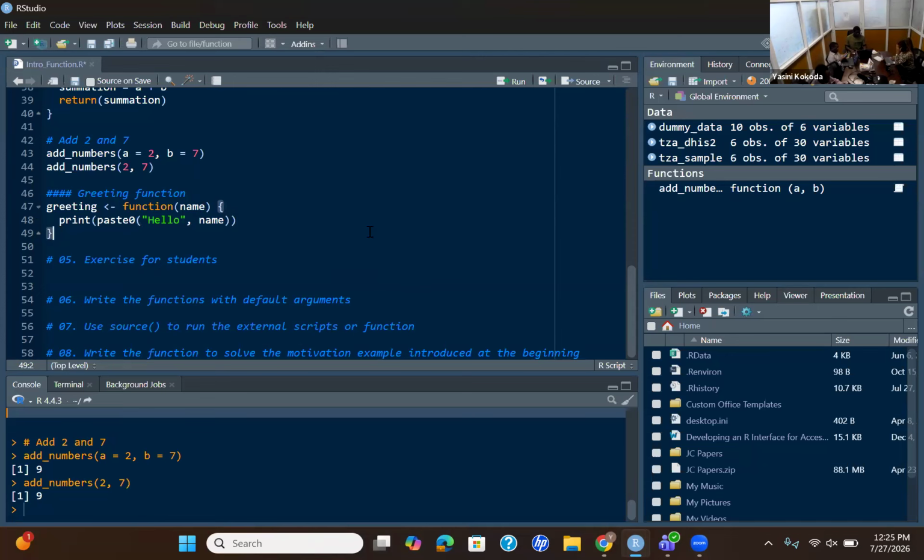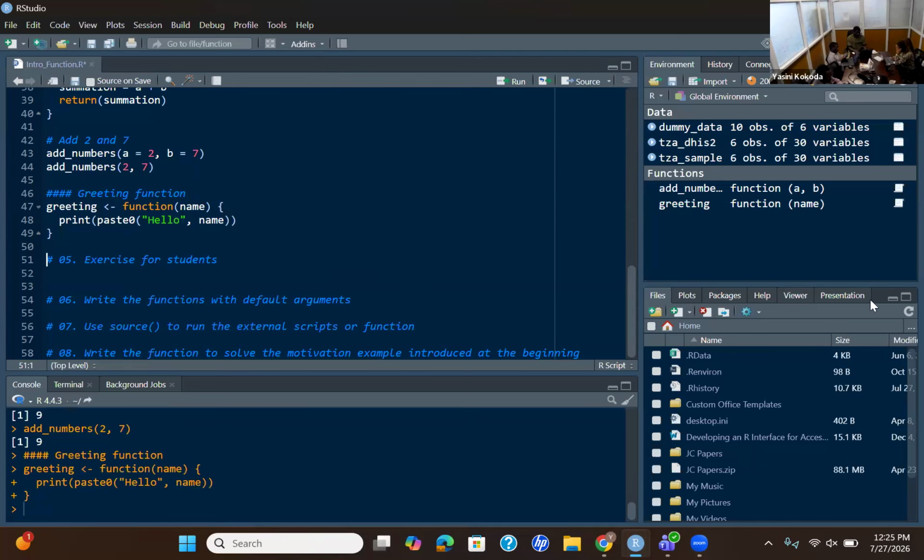Try running this function. You will see it will get added here. Greeting has this name as an argument.